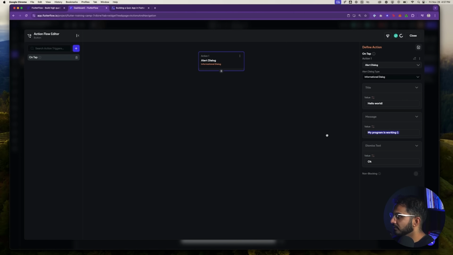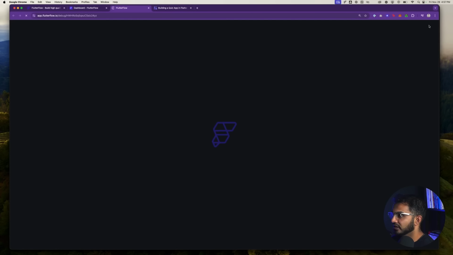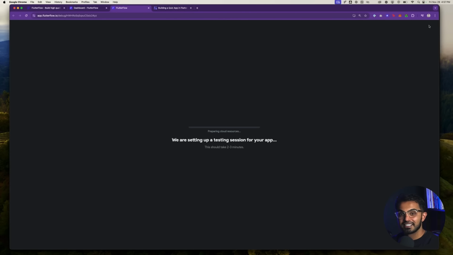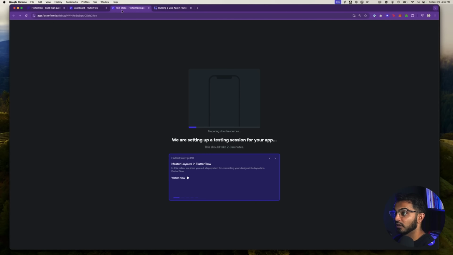Okay. Then I will simply exit the action flow editor, and we can now test to see if this app actually works. Make sure you have no bugs here. You should see a blue check mark, and then click on the lightning bolt right here at the top right. This lightning bolt is enabling test mode, and test mode allows you to quickly change things on your app and see how it works. Test mode is really cool because literally within the browser, you can test your app's functionality without needing to download it to your phone or connect your phone.